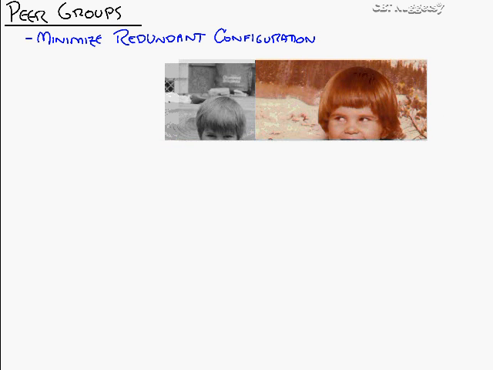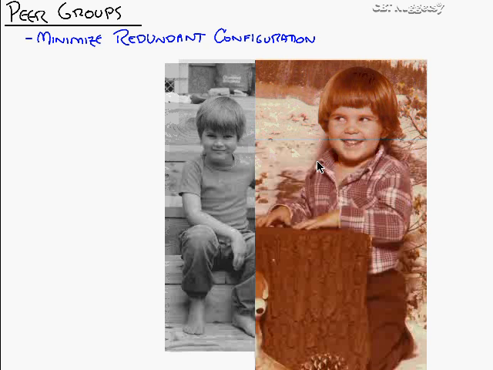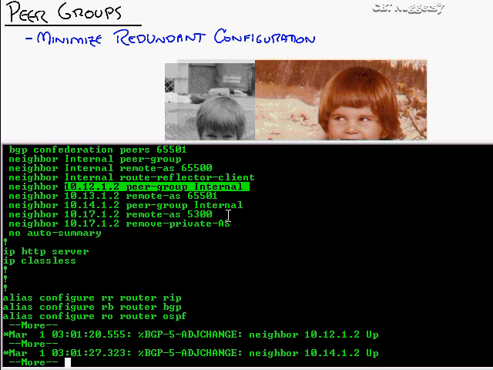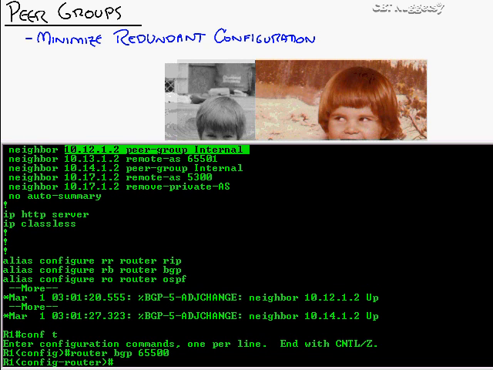But when you're looking at these pictures, there are a lot of similarities, a scary amount of them. But there are some differences as well, as in, I could say, that guy has a short sleeve shirt and I have a long sleeve shirt. So in the same sense here, let's say there were some options that were unique. Well, if I were to come in here and go into router BGP 65500 and type in neighbor